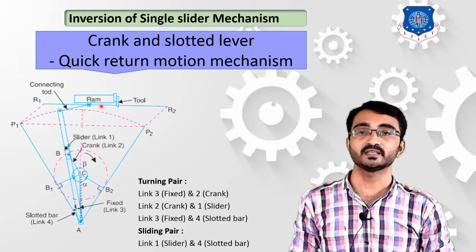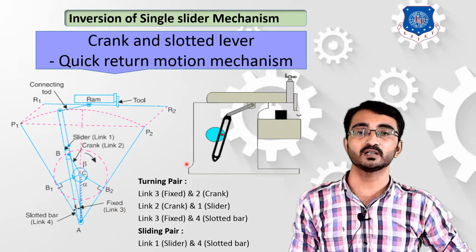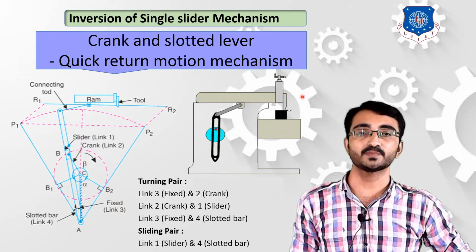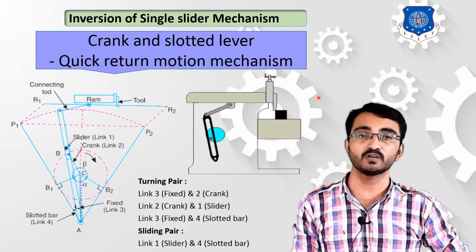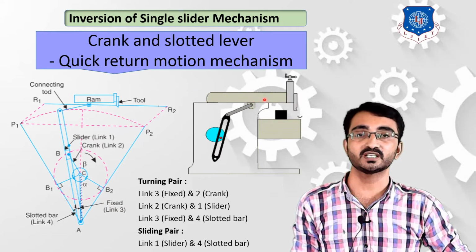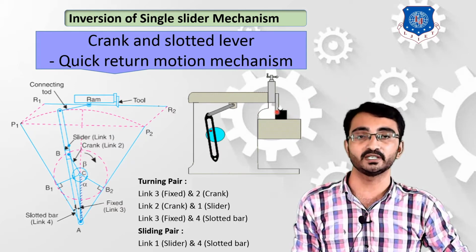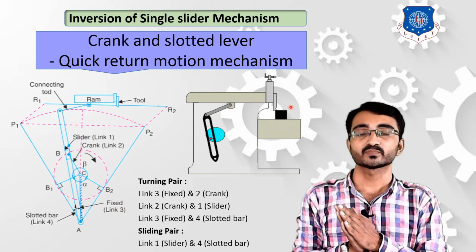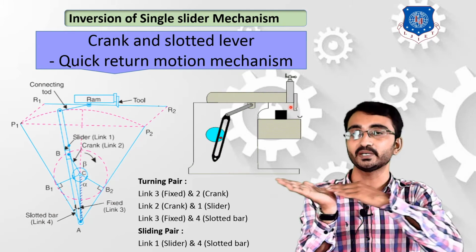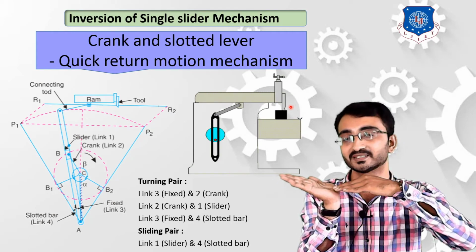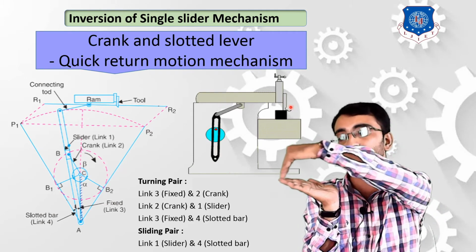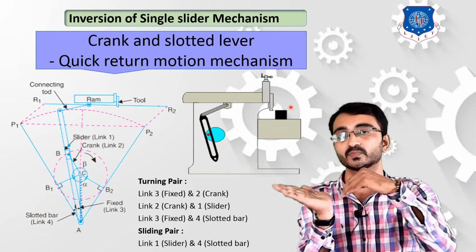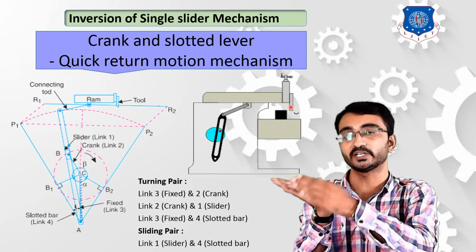Let's see how the shaper machine works. Over here you can see that the rotation of this crank is producing reciprocation. But why is it different? Your forward motion, which is your first motion, is the cutting motion, while in return your cutting tool will be idle because it will not remove any material. While the cutting stroke is happening, we have to provide some time because cutting action is going on. But in the return time, your machine tool is not removing any material, so you can reduce that time, and that will help you to reduce the power consumption.